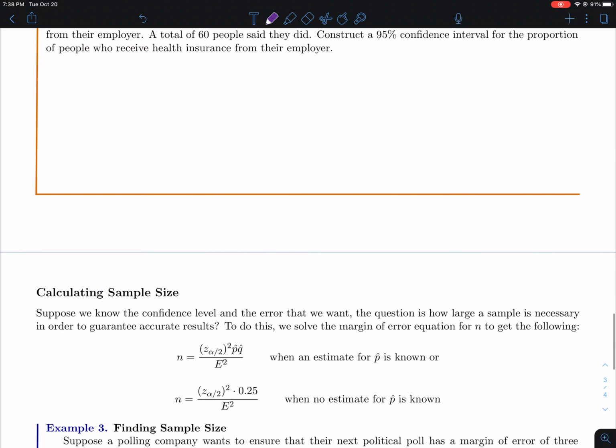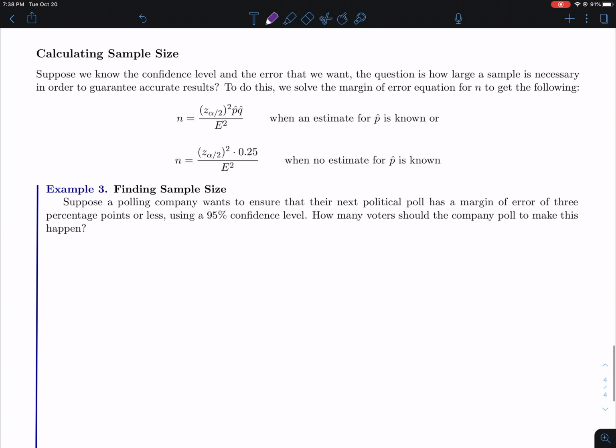So let me do the last example here. I almost forgot about this. The last example, and we did one like this in 8.1 also, is trying to work backwards and figure out, if I want a certain margin of error, how big should my sample be in order to guarantee the margin of error I'm actually looking for. In this case, I actually solved the margin of error equation for you, so you wouldn't have to do this if you don't want to memorize another formula. If you just remember the margin of error formula looks like